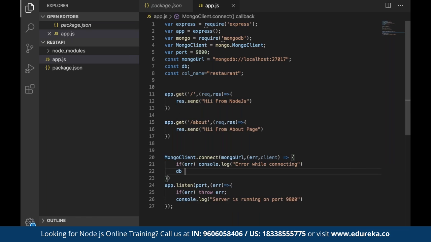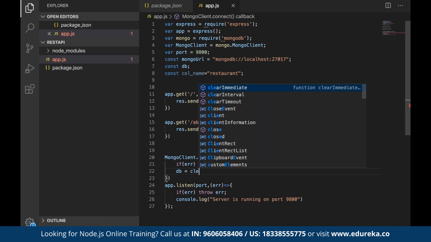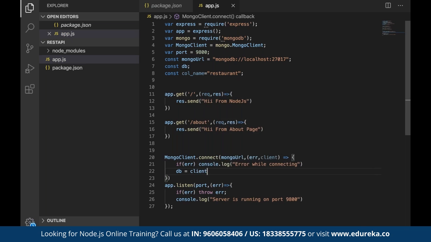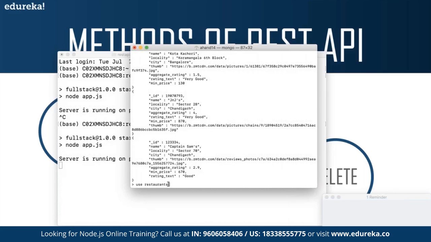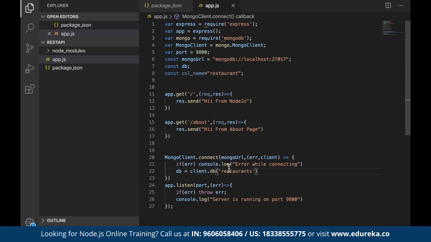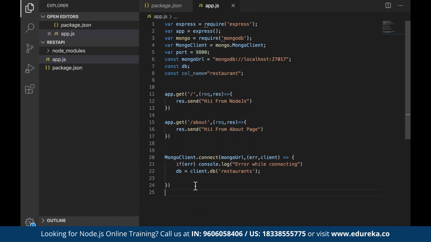Else we'll say db equal to client.db and database name. And guys, my database name is restaurant. That's my database name. Then inside that we'll make this server listen.